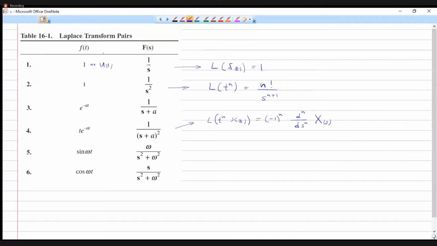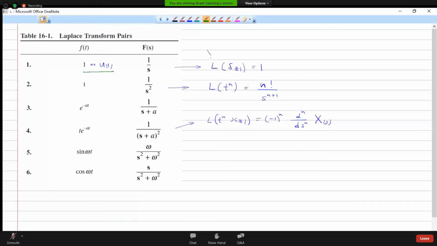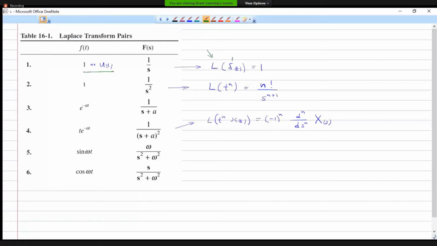So this is a table that I wanted to tell you. Okay, so we have already discussed the first Laplace transform, that is the unit step function. So if f of t is equal to 1 or u of t, then the Laplace transform is F of s is equal to 1 by s. Similarly, we can have the Laplace transform of delta of t, which is called the unit impulse function, which is given by L of delta of t is equal to 1. Okay. Similarly, the Laplace transform of a ramp signal, which is given by t, is equal to 1 by s square,